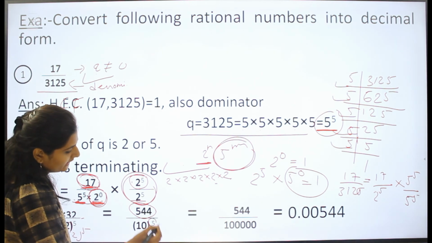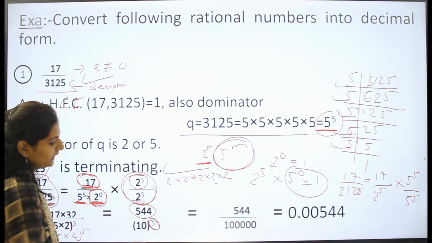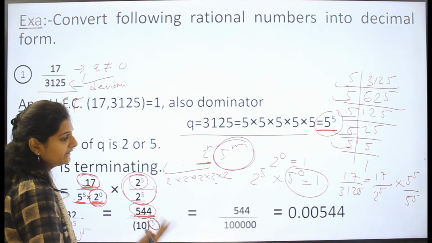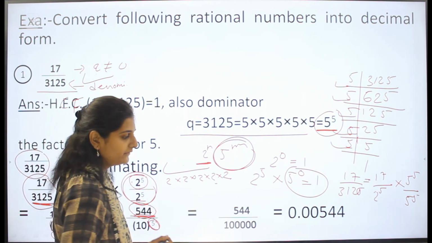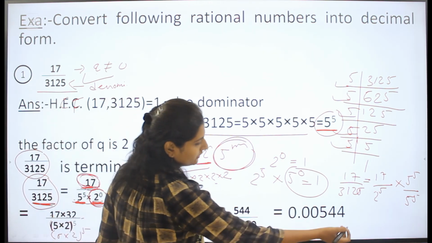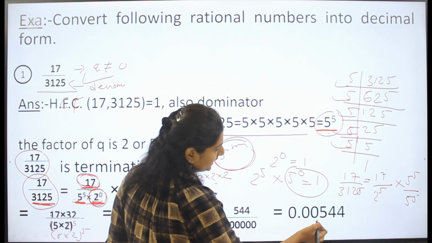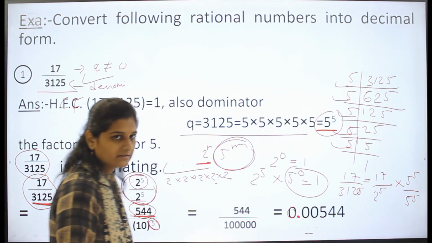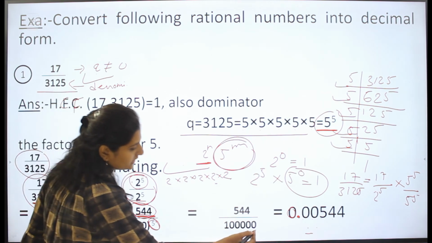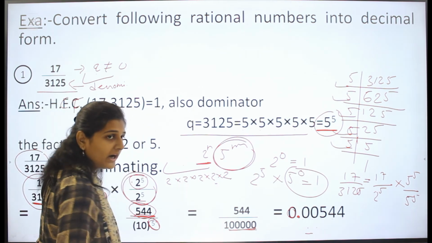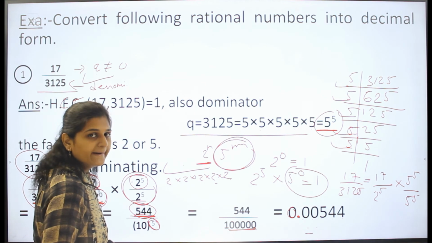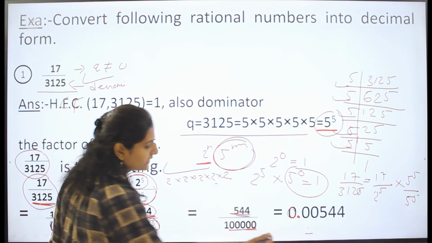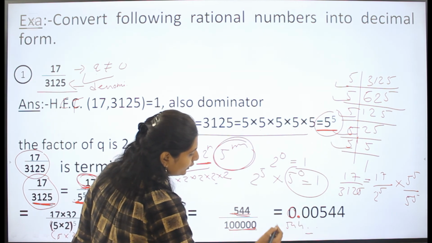How many powers are there? 5 power is there, but I have only 3 values, and I want 5 values after the point, so you can take 0. Here 1 2 3 4 5, here you can apply the point and it will be 0. How many zeros are there? 5. I want to convert it into decimal, but I have only 3 values, so if values are not there, you can put 0.